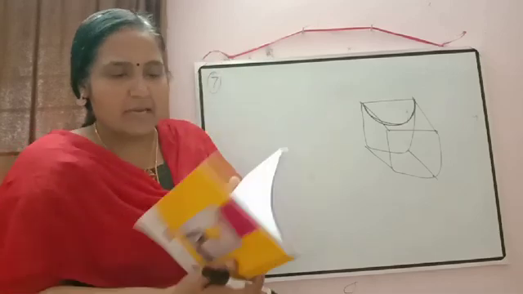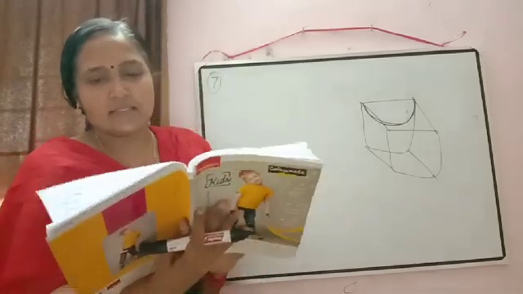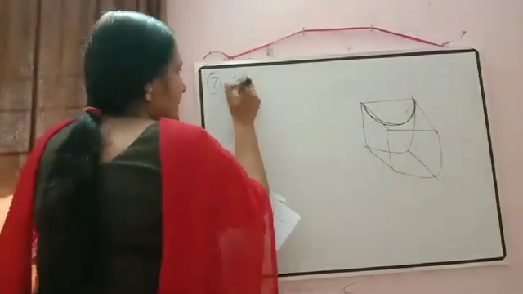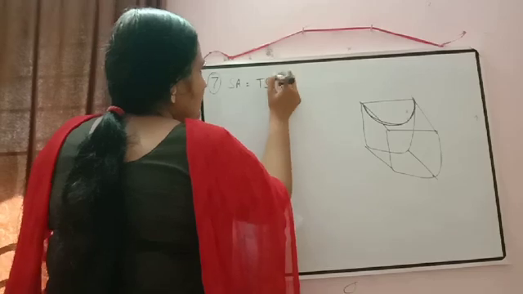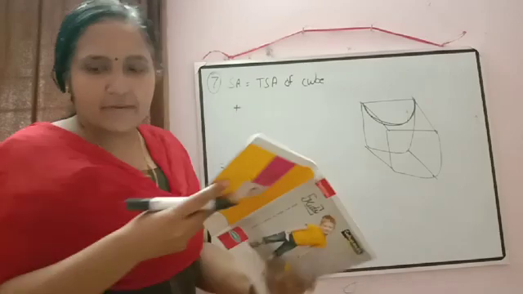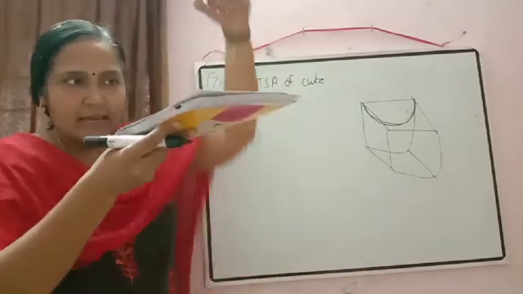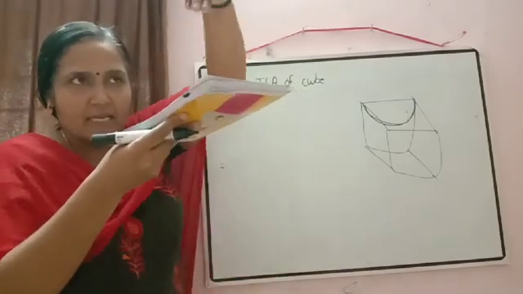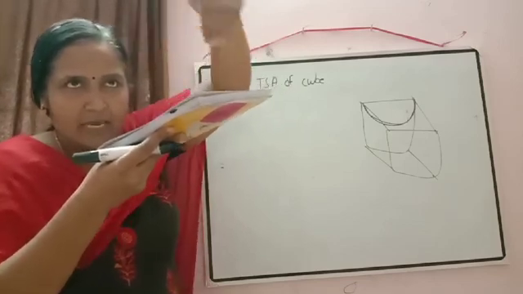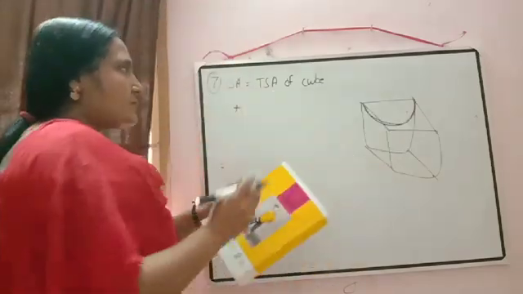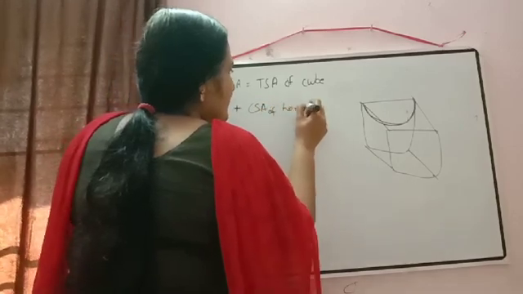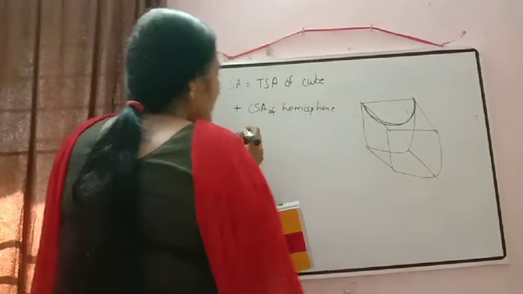Clear? So what is the question asked here? Find the surface area of the remaining solid. So how will we write? Surface area is equal to the total surface area of the cube. Then we made a hemispherical depression here, so a hole is there, a vacuum in the shape of a hemisphere. So plus what will come? Plus the curved surface area of the hemisphere.